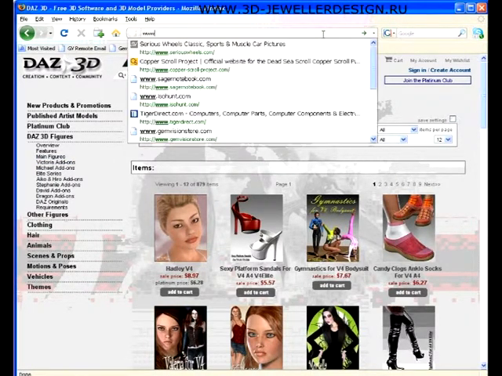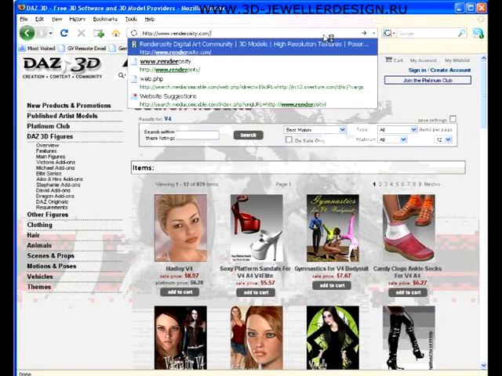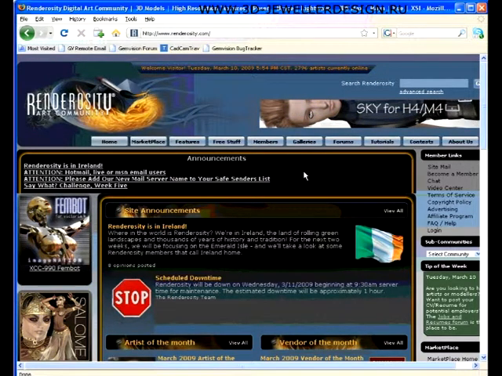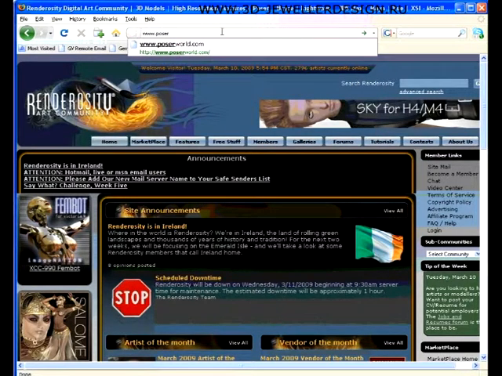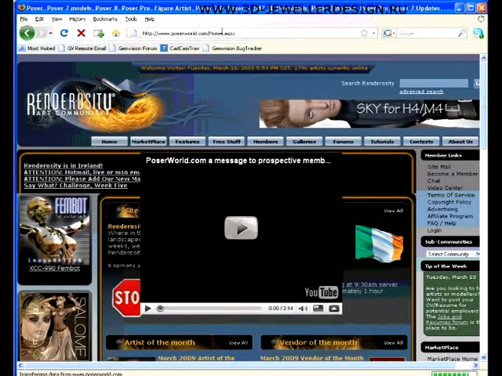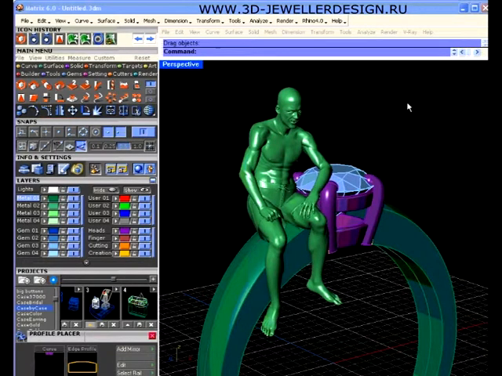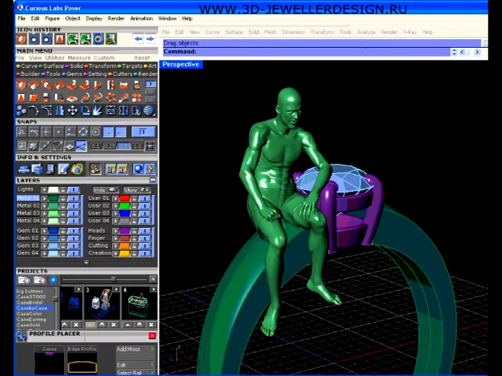Another site to look at is Renderosity. They have a ton of different stuff for Poser stuff. And another site is poserworld.com. Poserworld. Ready to use Poser and Daz 3D Studio content, or 3D merchant stuff. So as far as that goes,